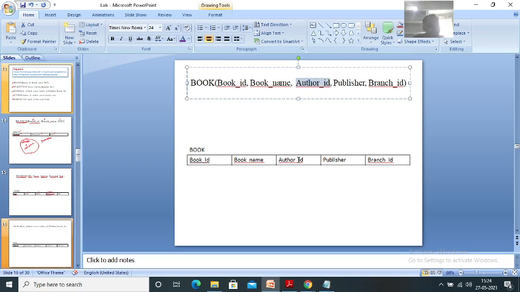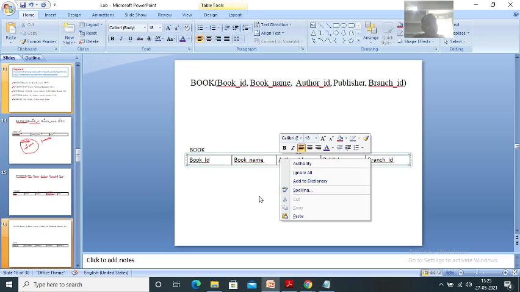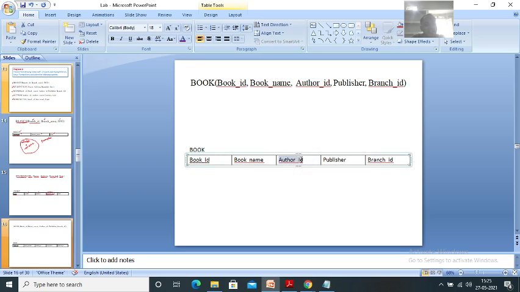His author ID is here, which means this author ID is a foreign key. Why? Because this author ID is a primary key of author table. That we are going to see in the next slide. Next slide we will create the author table.